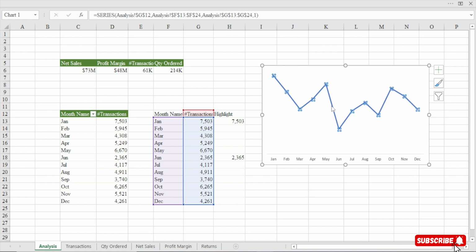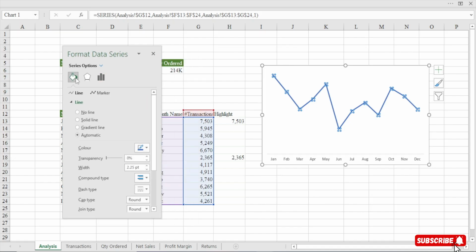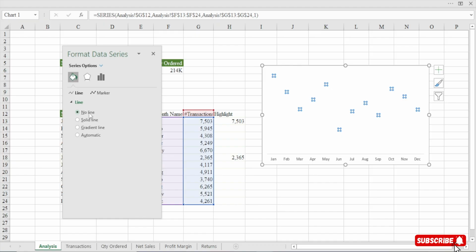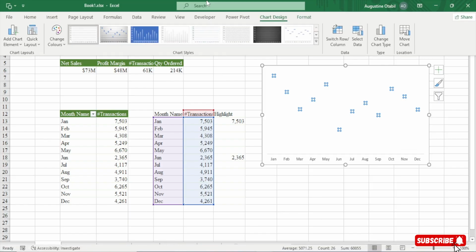I'm going to select the line, Control 1. I'll come to the Format, the paint bucket here, and I'll select no line. Just watch what I'm doing here. I'm going to select no line. Perfect. Now we don't have any line here, so I'll go to